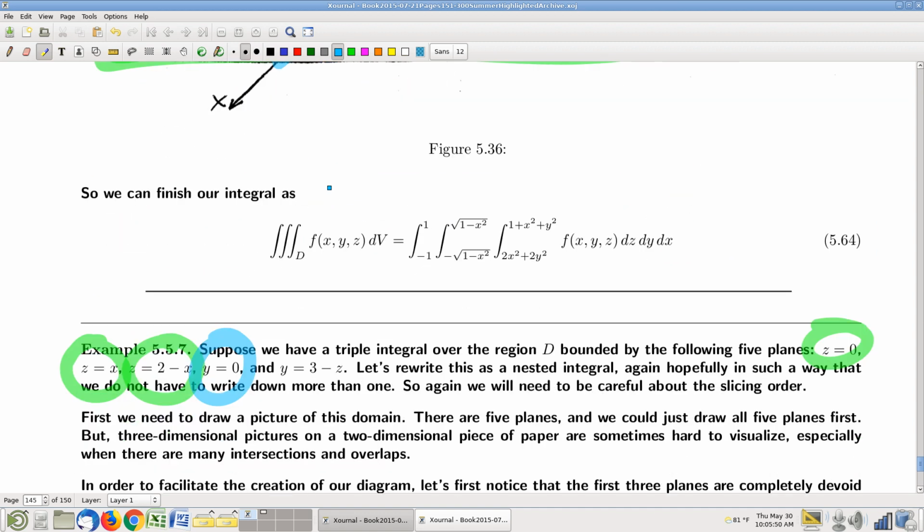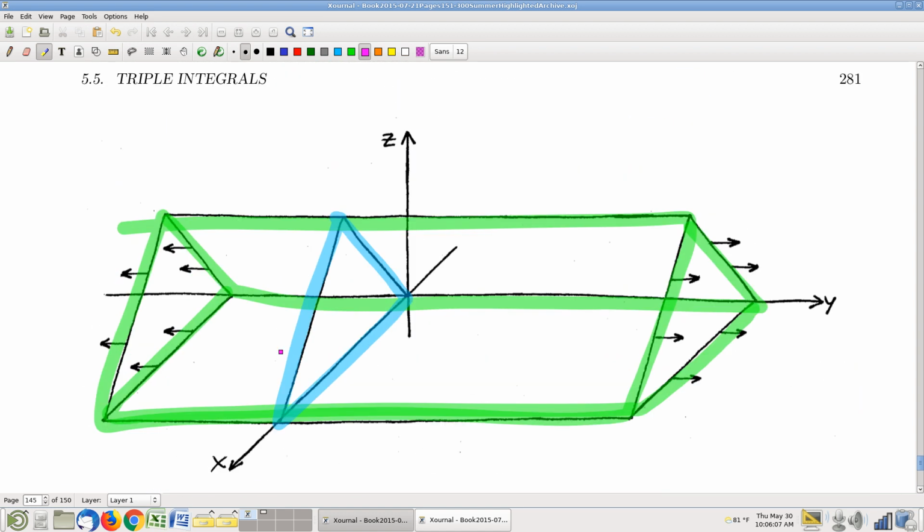And then lastly, y is equal to 3 minus z. Okay, now this one's going to be a little bit weird. Y is equal to 3 minus z. Quick observation, no x's. This plane's parallel to the x-axis. So I'm going to understand this plane by thinking about what it looks like in the yz plane